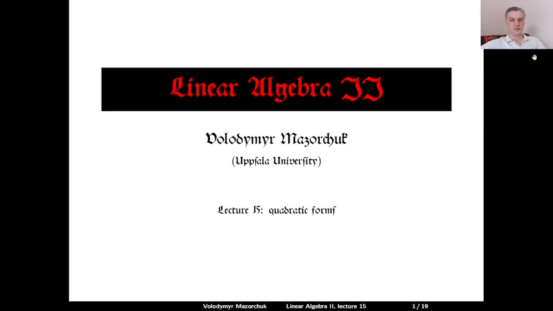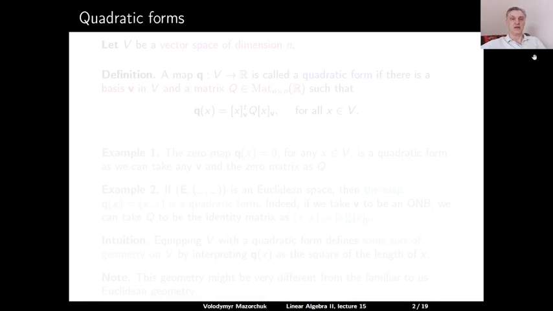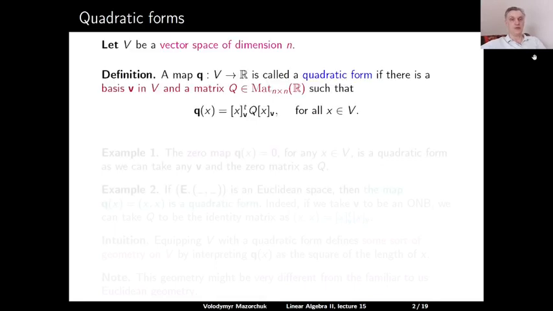Linear Algebra II, Lecture 15, Quadratic Forms. Let V be a vector space of dimension n. A map Q from V to the real numbers is called a quadratic form if there is a basis bold V